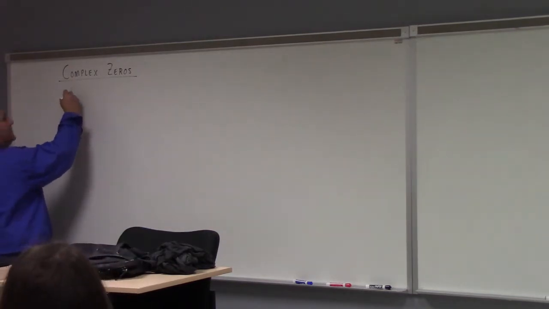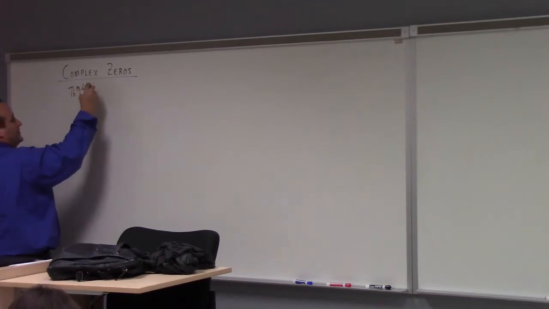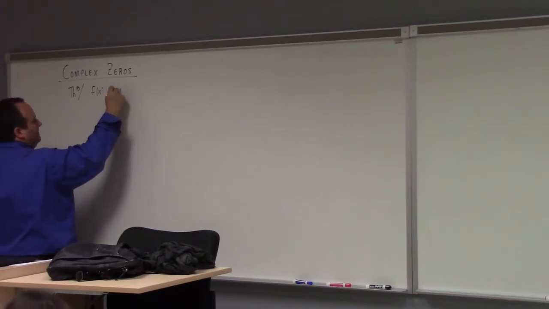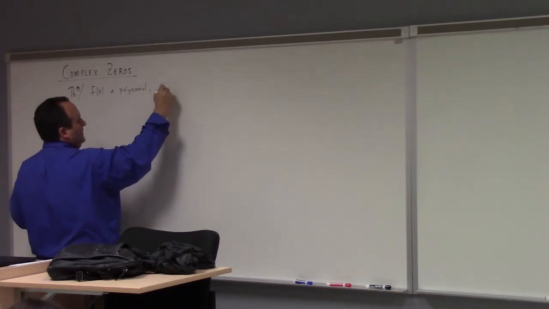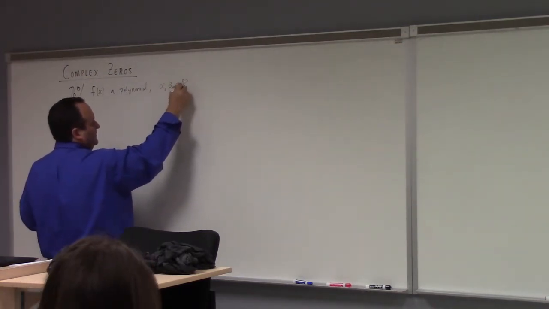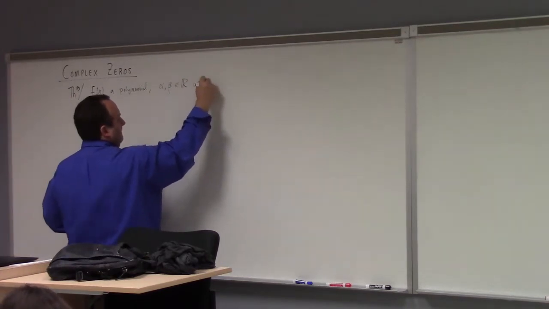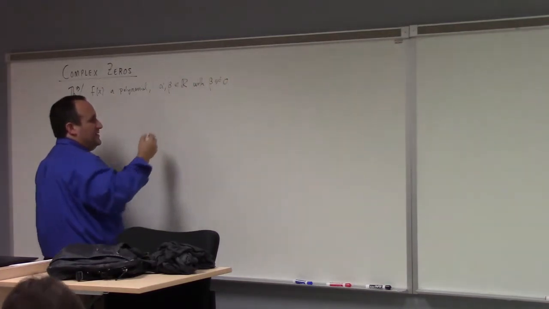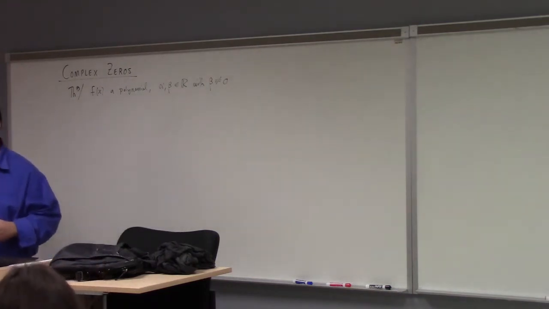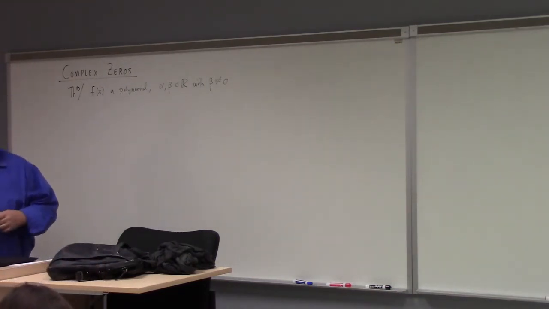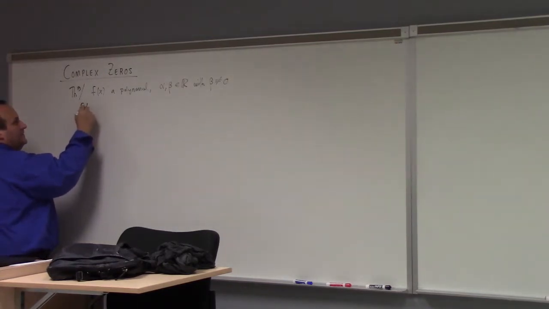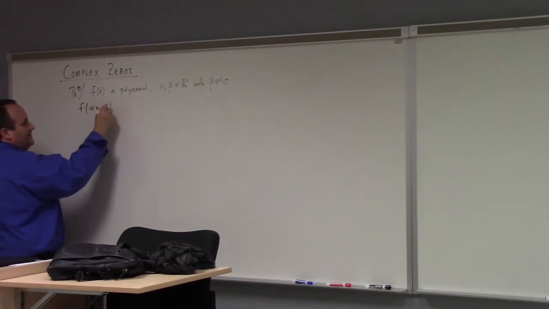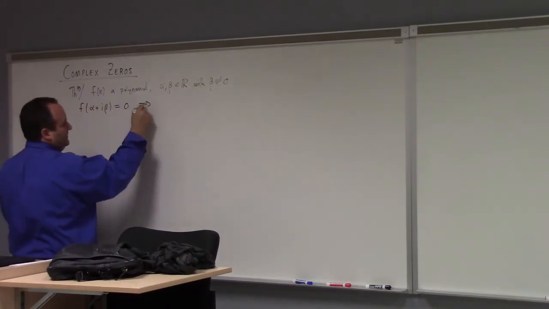So here's the theorem, which I'm going to keep coming back to for the next about 20 minutes or so. f(x), a polynomial, all right? And then alpha and beta, real numbers, with beta not equal to 0. If you don't like alpha and beta, you can make these a and b, whatever. Then, here's the deal. f(alpha + i beta) is equal to 0, if and only if